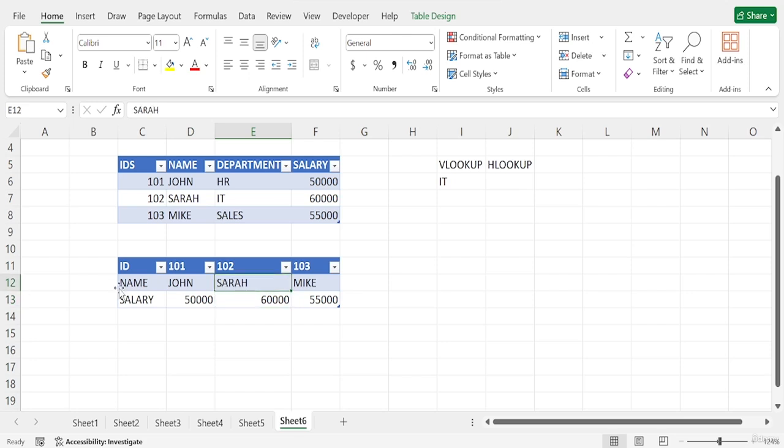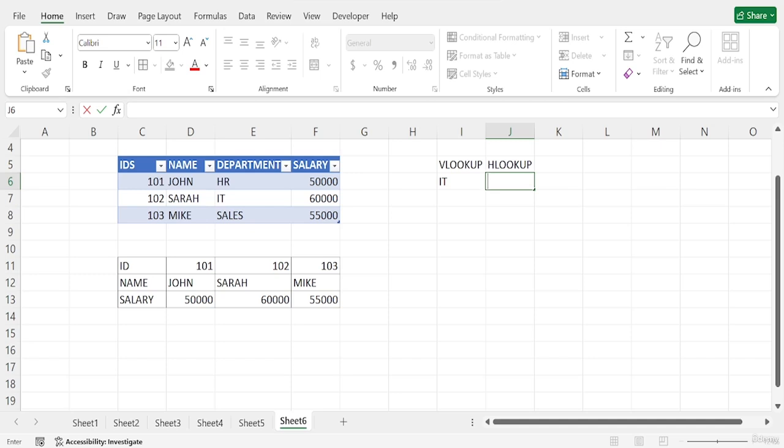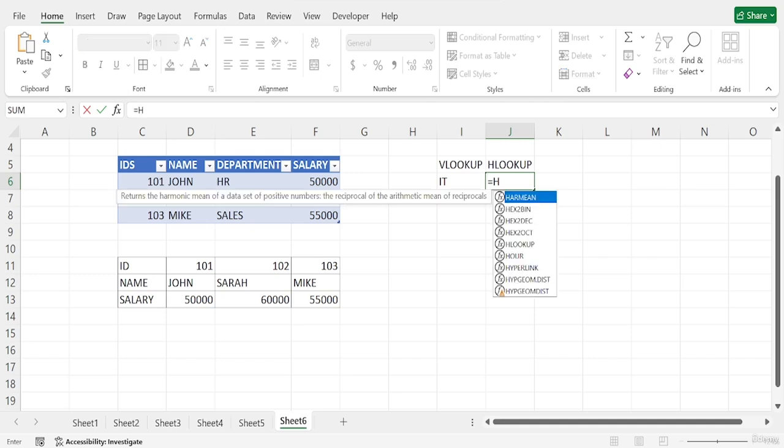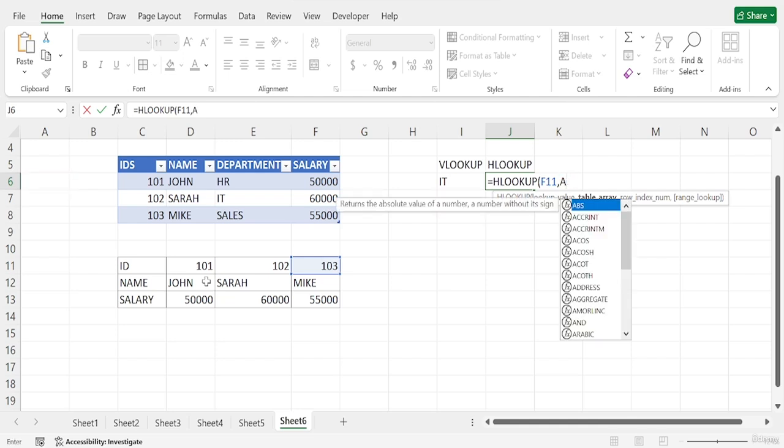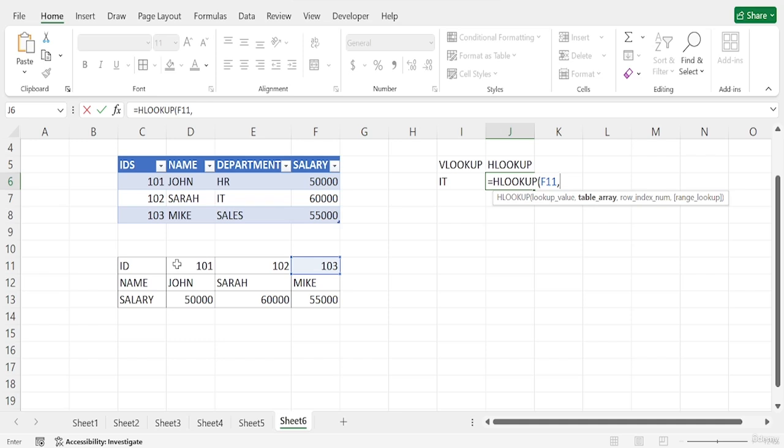Now I will add the HLOOKUP function. For the lookup value I will select 103, and after that I will select the range, selecting these items.